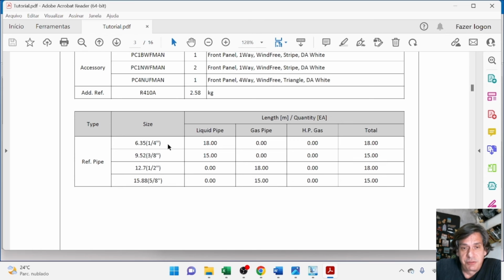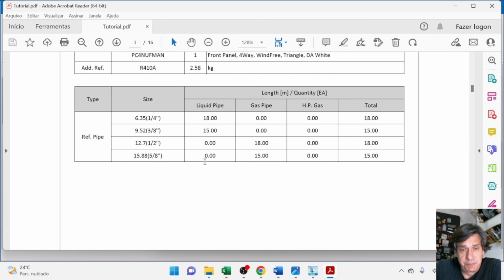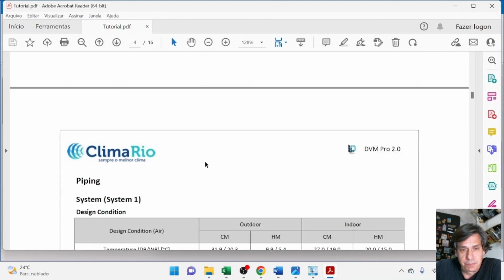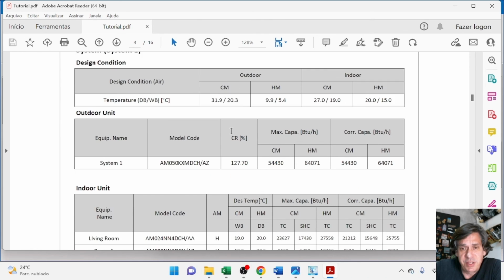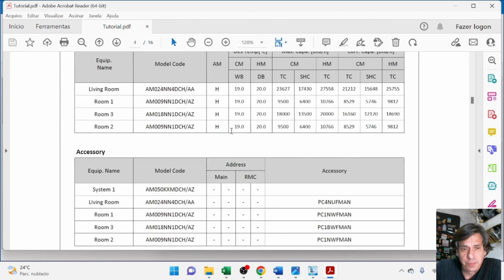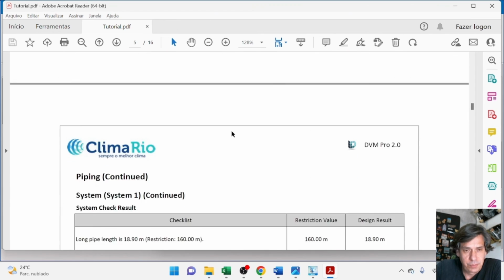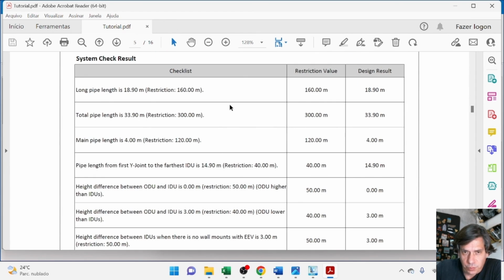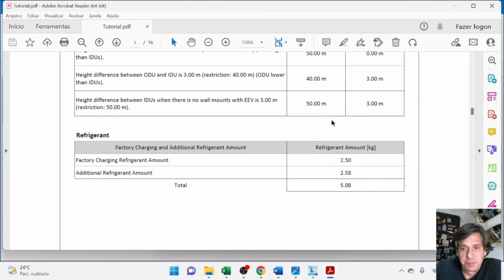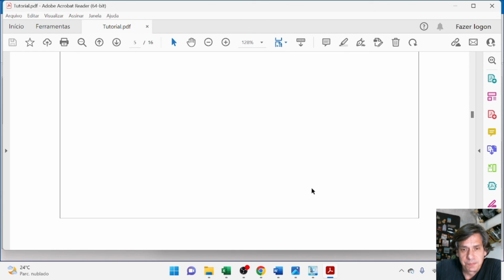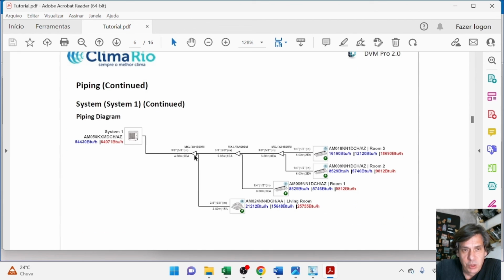The length of each diameter pipe, the system design condition, the check results of the system, the total charge of refrigerant, our piping diagram,